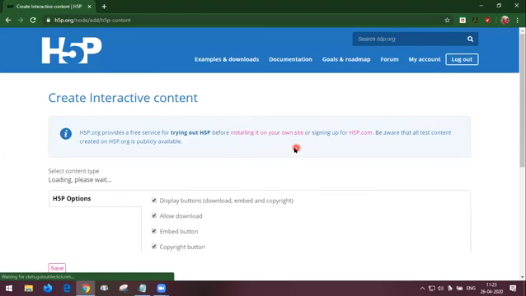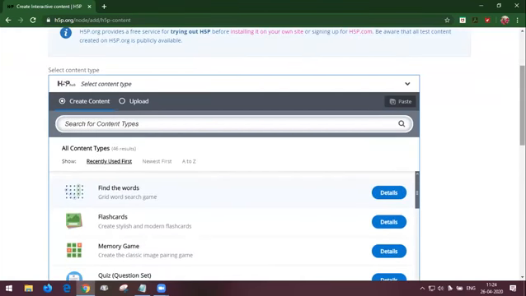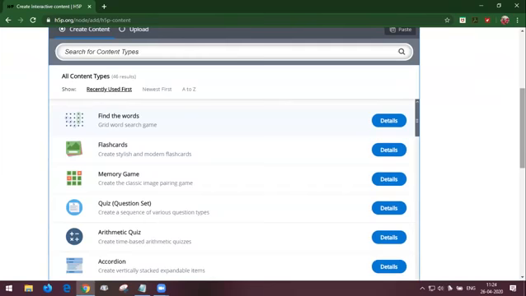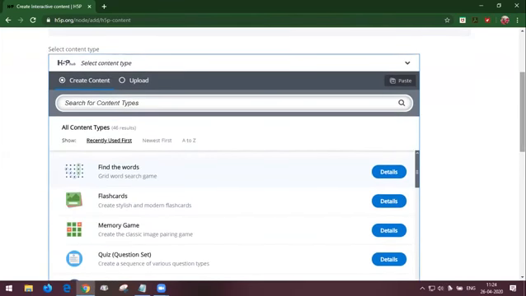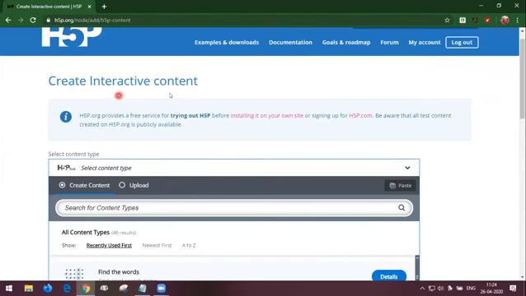So this is the page where we are going to create our own interactive content within 5 minutes. If we are ready with our content and the concept, we can create any e-content within 5 minutes on this page, create interactive content.